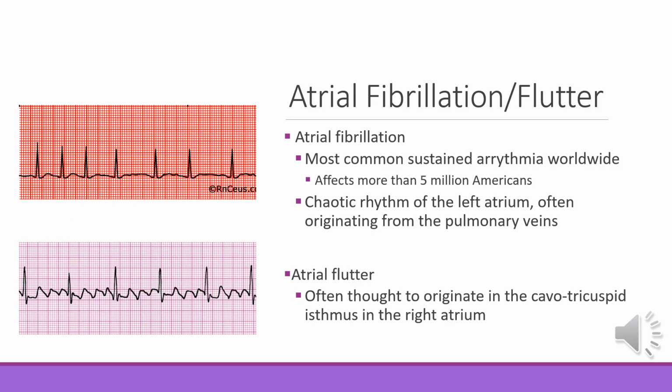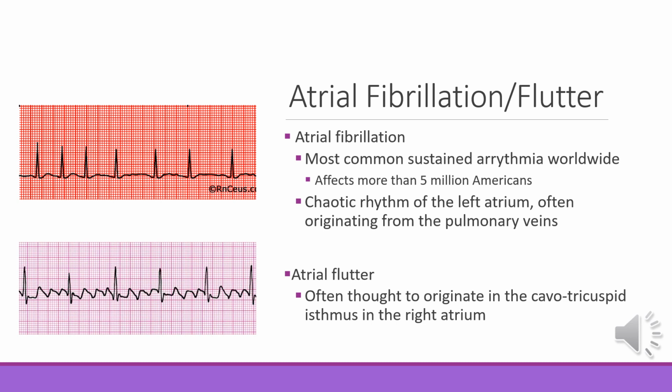Atrial fibrillation and atrial flutter are two common indications for antiarrhythmic medications. Atrial fibrillation is the most common sustained arrhythmia worldwide, affecting more than 5 million Americans. Atrial fibrillation is a chaotic rhythm that most commonly originates in the left atrium around the pulmonary veins. It is an irregular rhythm with a variation in the R to R interval with no apparent P waves seen